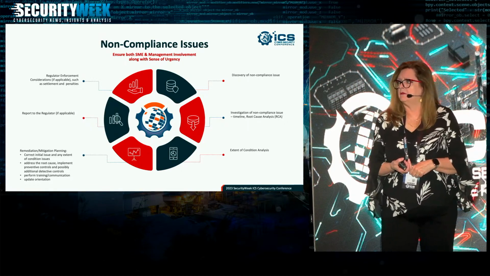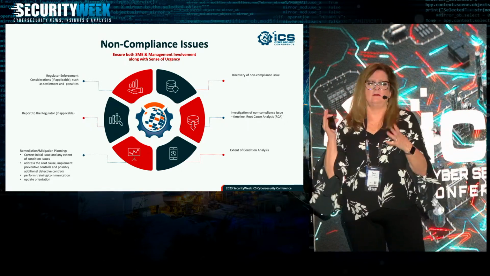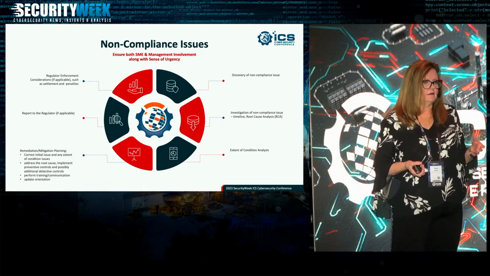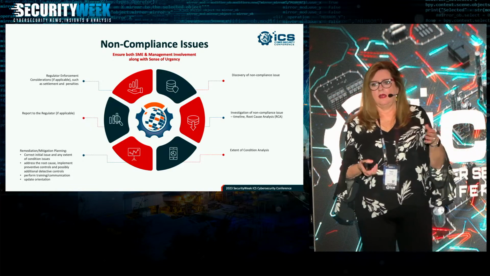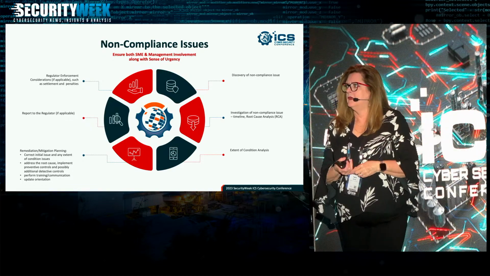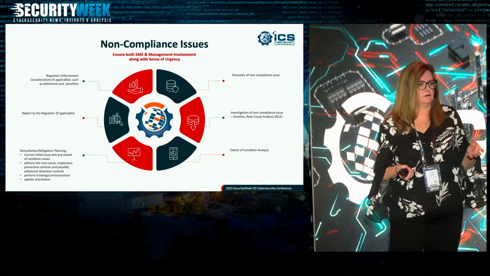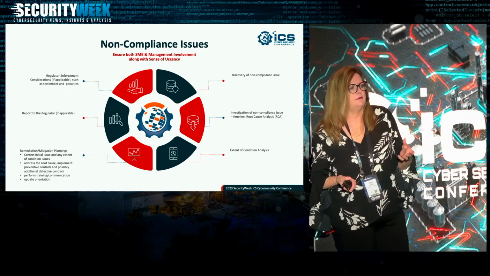in the requirements. When you go out of compliance, you'll need to set up a process for that. How is it discovered? Who do you tell? How do you investigate? How do you write up the information? And when you investigate, you're probably going to want a timeline. You'll need to do a root cause analysis. There's a lot of ways to do that.